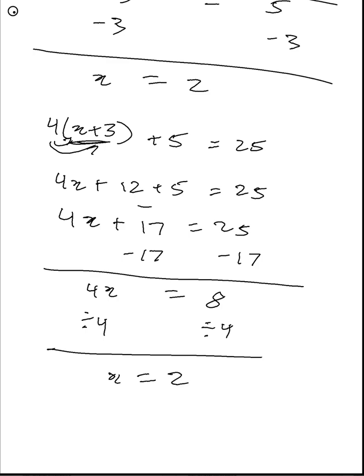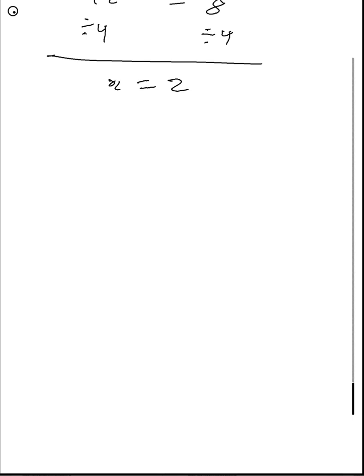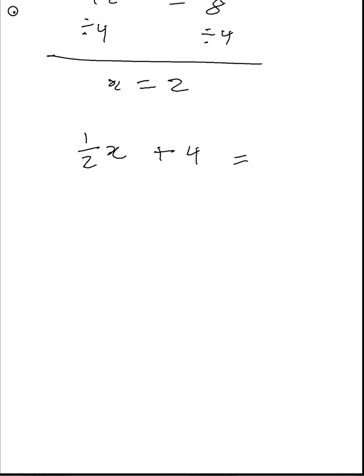So as you can see, we can use our skills from PEMDAS and our earlier chapters of number sense in order to solve these equations by pretty much doing the same operation to both sides and being careful on how we do them. Before we leave, there's one last special case I'd like to discuss, which is multiplication. So using our knowledge of fractions, let me just do half x plus 4 is equal to 8. So obviously we can do our strategy of subtracting 4 from both sides and then dividing by half. But instead, let's learn what